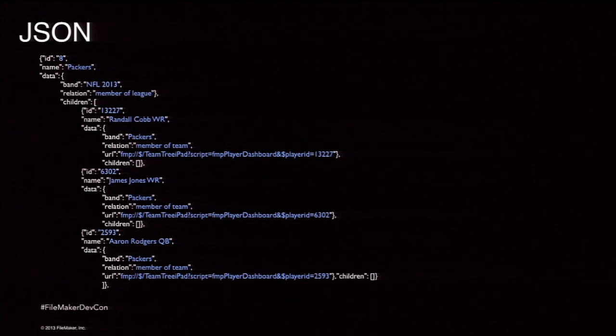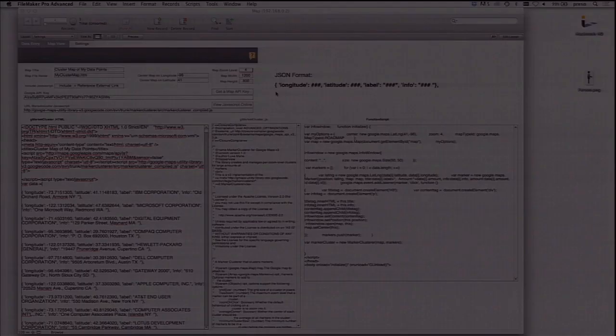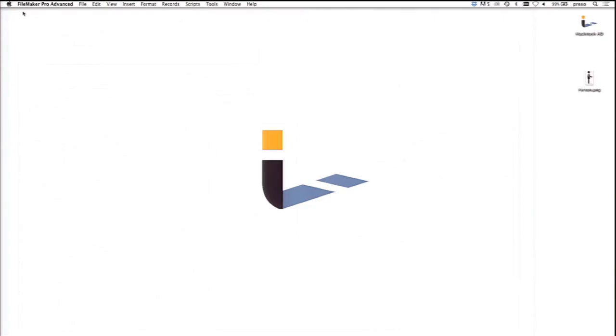Now, what's interesting about this particular set of data I used for an example here is I used football teams, and I nested their relationship with the teams that they're on. So that brings me to my favorite demo of the day. But first,